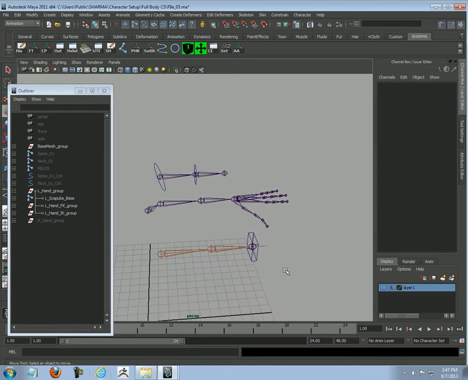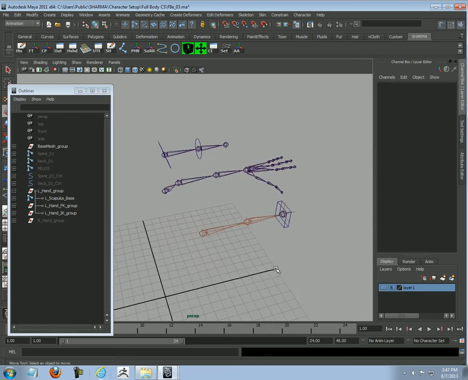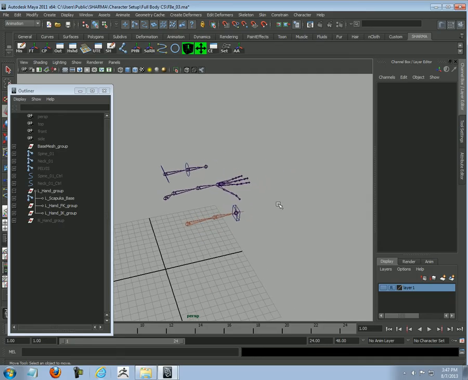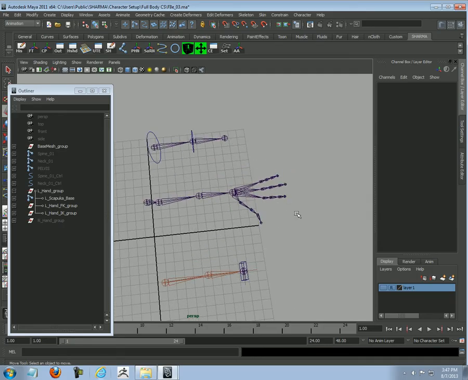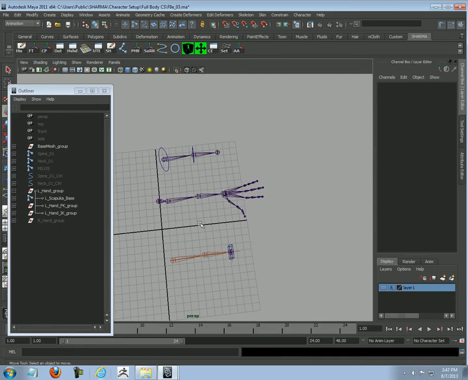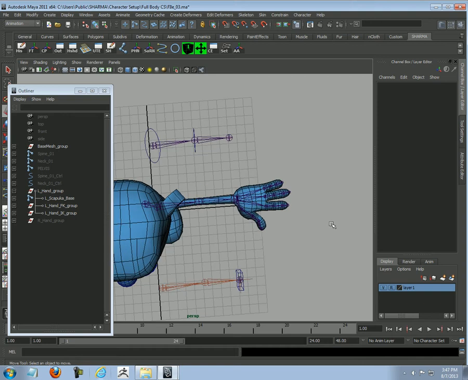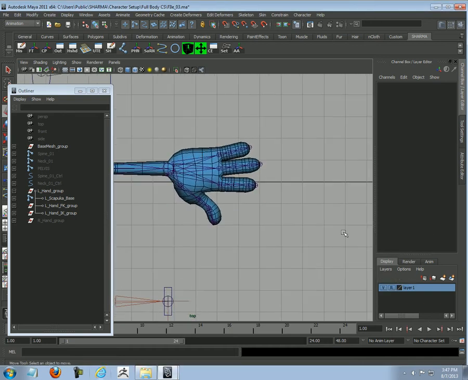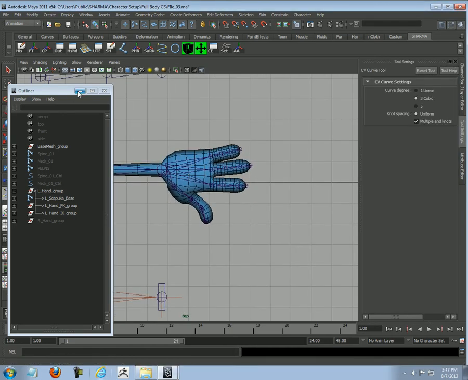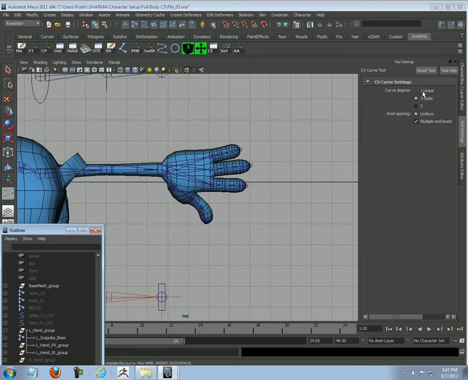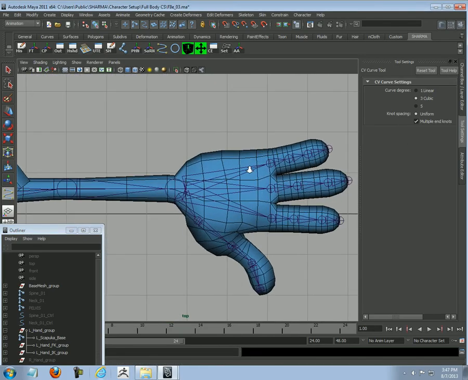Okay. Now what would be the next stage? What would be the next stage, guys? Next stage is creating a switch and then connect our IKFK function to that switch, right? And connect to the base. So first let's turn off our mesh again and let's create a finger controller. So let's start with